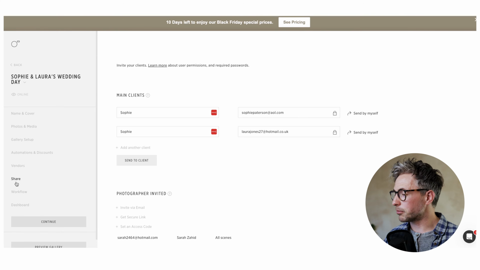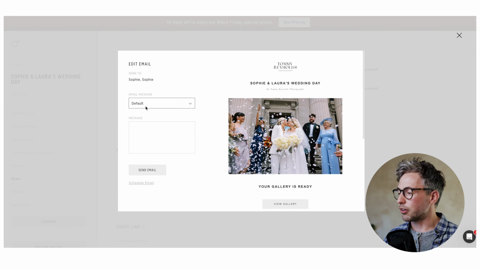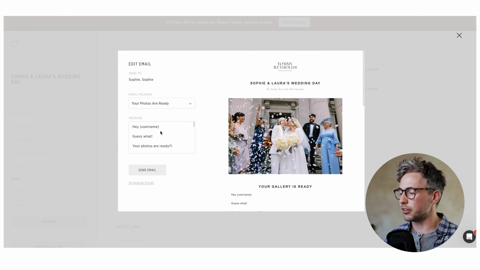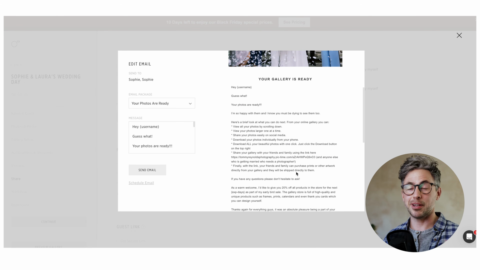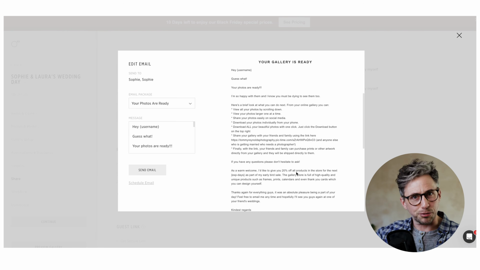But once you've uploaded all the images and you're happy with how the preview looks and you're ready to share the gallery, then you go to share, go to send client, and you've got email package, so I can go to your photos already. This is already a predetermined bit of text that I've written out in the email section of the settings, so I don't need to rewrite this every single time. And it's information about the 20% off. I've already mentioned that in there because I know that the automation is going to be there once it arrives at their end. You can just see how easy it is. It's very hands off to earn passively